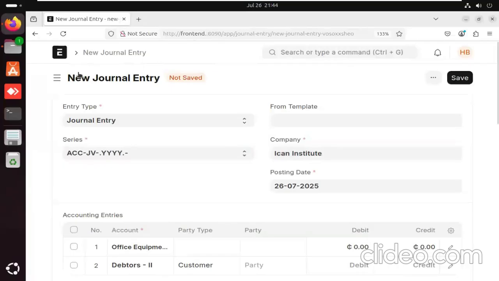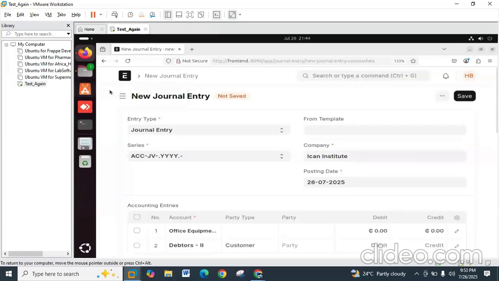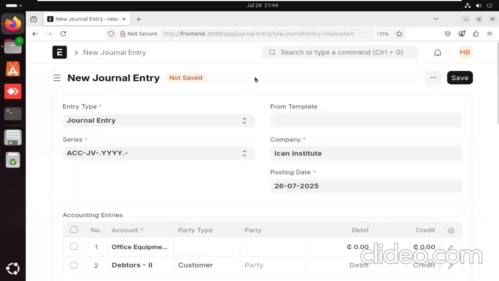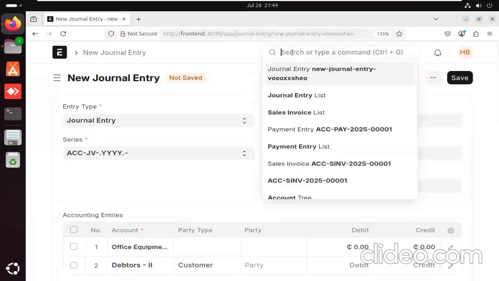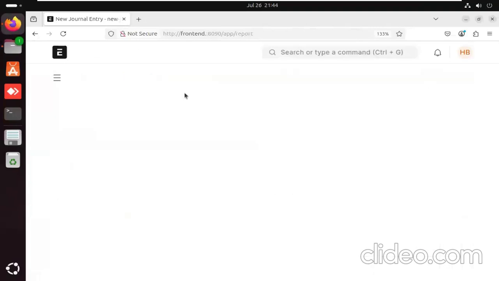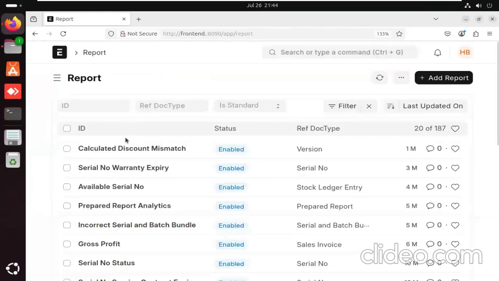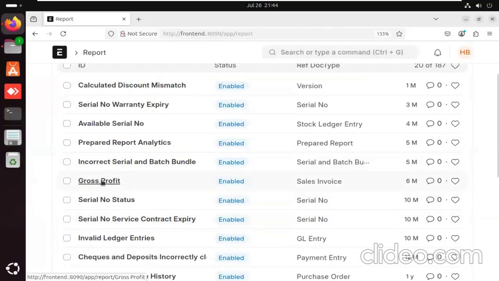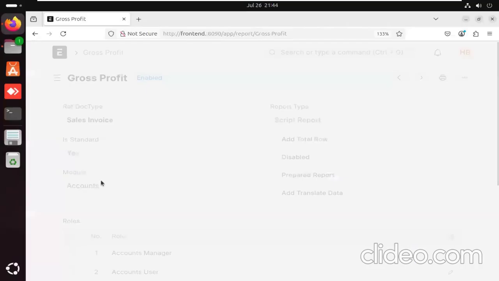Then what else is there to do, Crown? Okay. I was going to talk about reports. I think I'll just make it quick here. So the reports, you actually get a dashboard. Let's say reports list. Let me see what's here. Okay, so you get a dashboard to look at all your reports, gross profits,